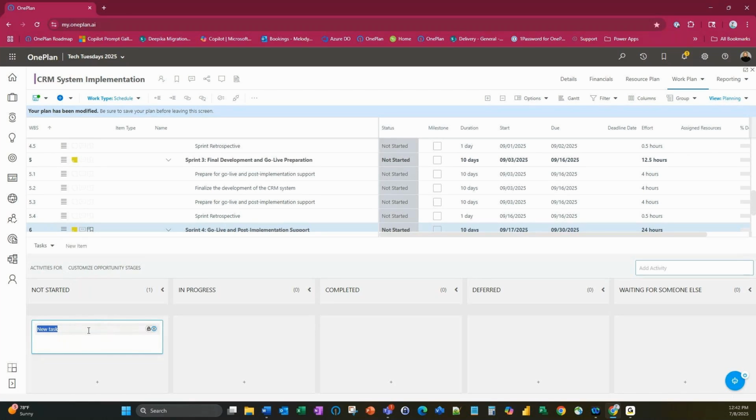So I like the activity area here as well, just as a reminder, as I'm in here in OnePlan, when is our next stand-up meeting? Instead of having to pop out to my Outlook calendar, I can put that information in my activity area as well. And you may have some activities that are not really associated to your schedule or your backlog, but you just may want to keep that as a reference. Like maybe you have to talk to a vendor about a certain piece of equipment and when it's going to be delivered. So it's nice to have those right inside of your schedule here in OnePlan.